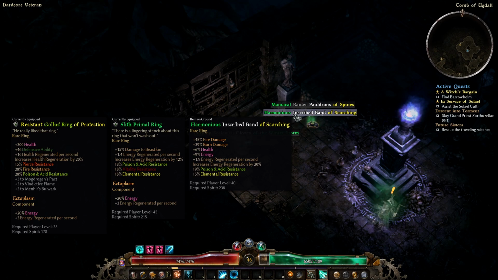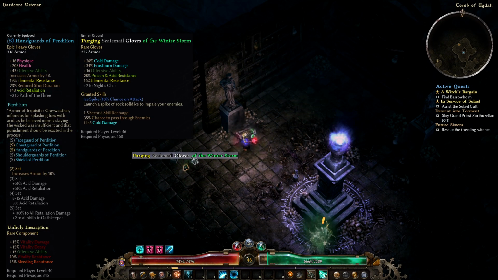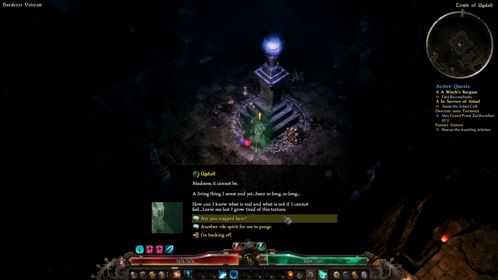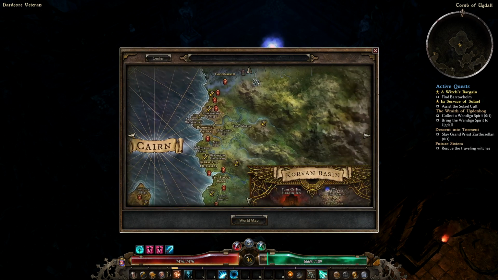Okay, I really wish this had some piercing resistance on it. Unfortunately, it doesn't, so we're not going to use that. I definitely don't have the Wendigo Spirit on me, so I'll have to go get it. Which,